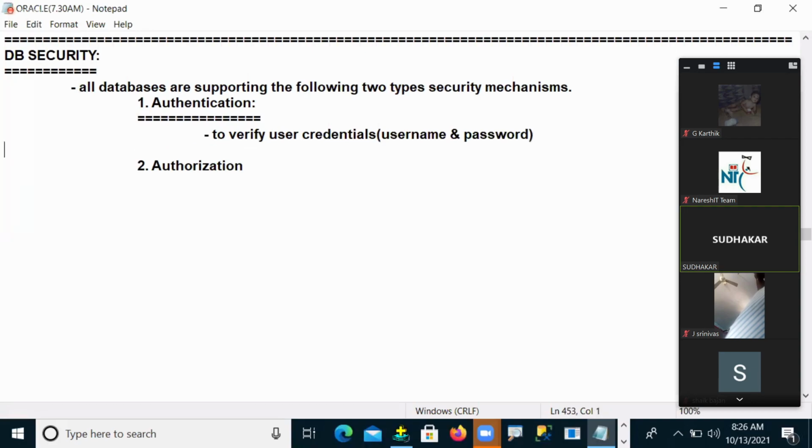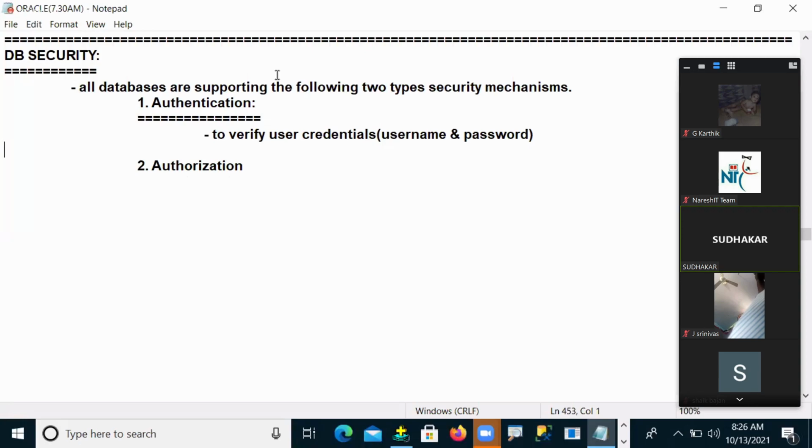Can you remember, every time I open my Oracle database, I use a username and password? Yes or no?